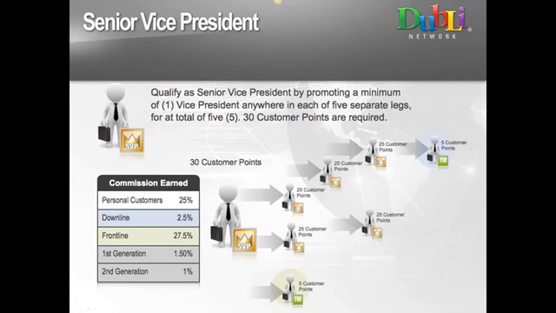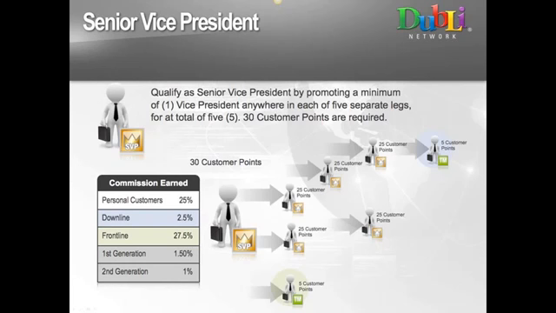Now, the differential between a senior vice president and a vice president is 2.5%. But I'm going to tell you, as a senior vice president, you've got a massive, massive organization. And 2.5% on an entire organization all the way through it is an incredible multiple six-figure a month income today. Senior vice presidents in the next 12, 18, 24 months, as the retail side of our business flat explodes, we're going to see a lot of these people in the 7-figure a month range, no question about it. But it's a very, very strong position, and again, those that get there are going to enjoy an incredible income stream.